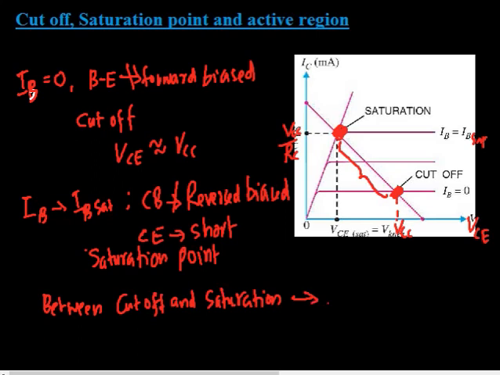The transistor is in a state of active, or we call it the active region. The active region is the set of values of base current for which the transistor is in action, or it can be used for the purpose of amplification.